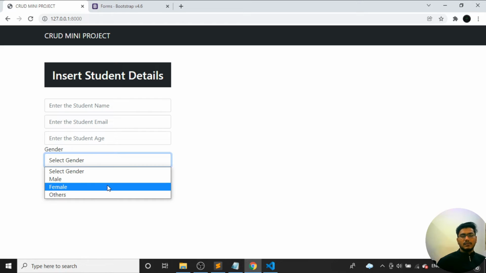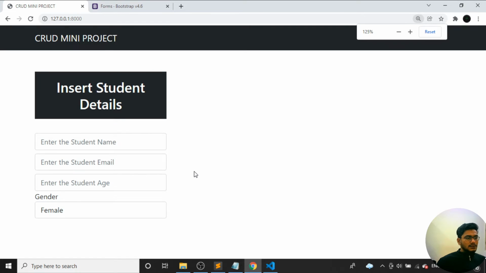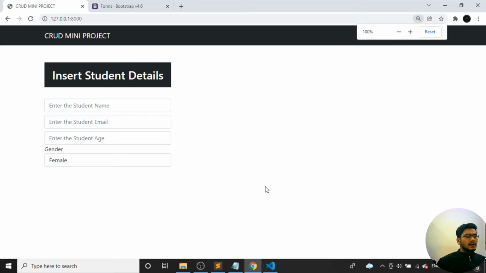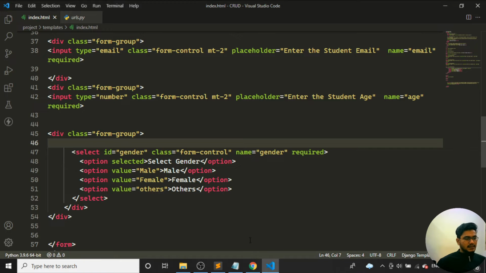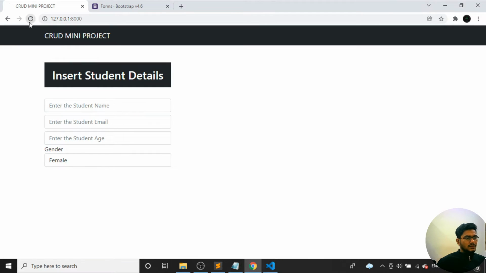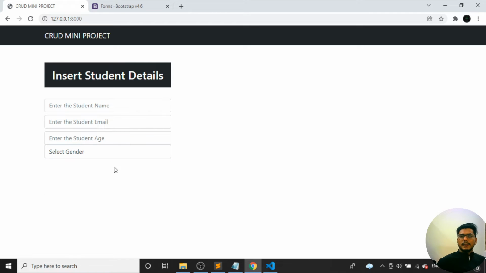Okay, I can just select the particular gender from here. If I select male, it will get stored as male, and if I select like this, it will get stored. Okay, so like this we can do it. Once we have done this till here, it is looking a little bit odd. I'll just remove the label from here. So directly I'll just tell select gender. Once I come and refresh, here it is showing select gender automatically. I can just select the particular data from here.